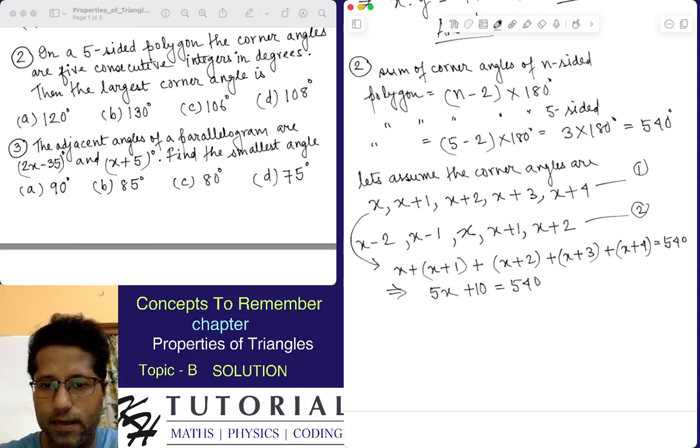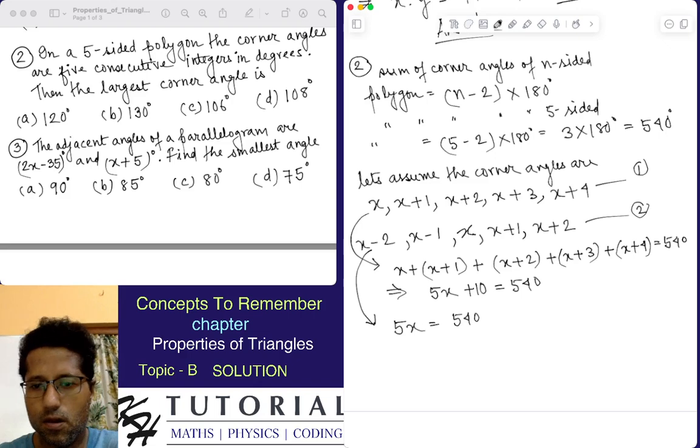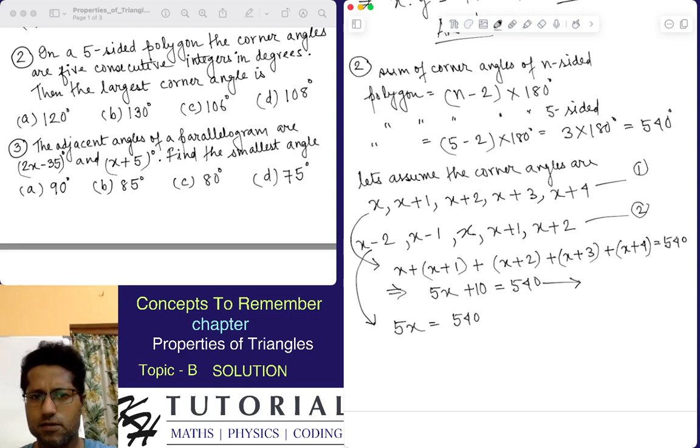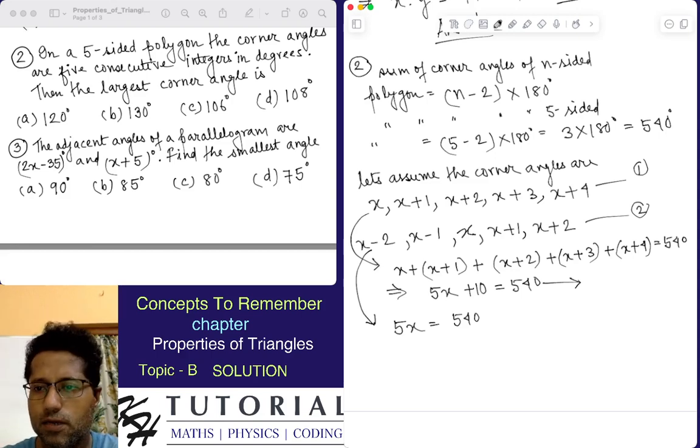Now if you add these consecutive numbers in method 2, I will straight away get 5x equals 540. Now the question has asked us to find the smallest angle. Since it asks for the smallest angle, definitely if we can find x, we will be done, because x will be the smallest angle. So apparently it might look like method 1 is more beneficial, because if we just find x, we get the smallest angle. But in method 2, I think the computation will be a little less,